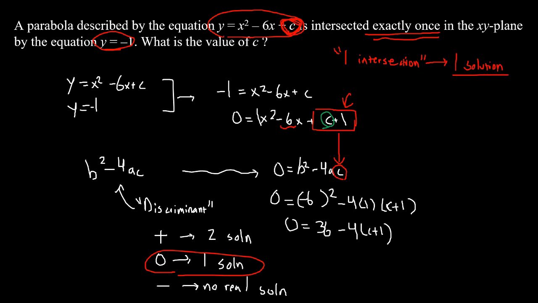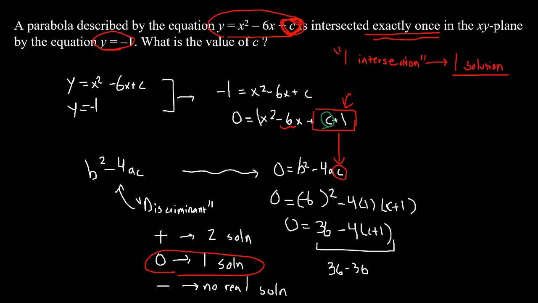So if we want it to be 0, then this right-hand side is going to have to be 36 minus 36, right? And in order to get 36 minus 36, there's also a 4 in here. So which means that this term over here,